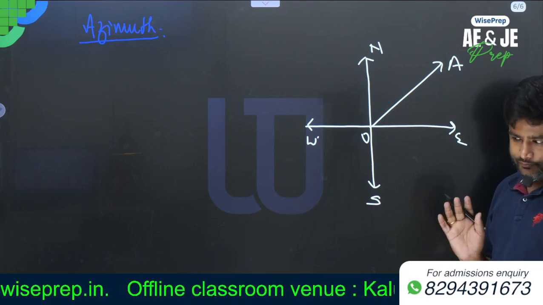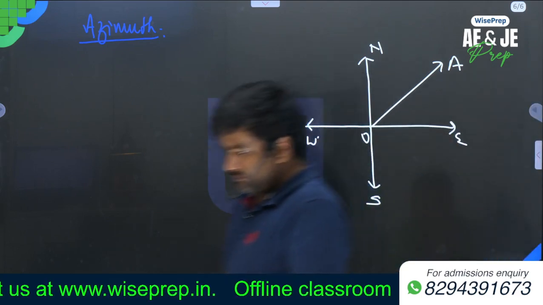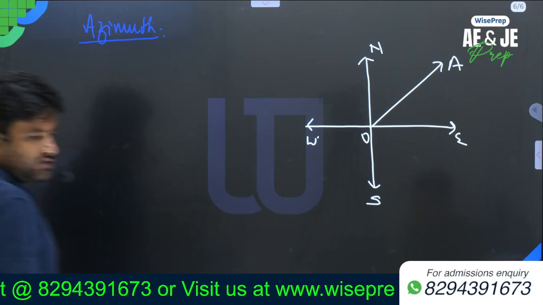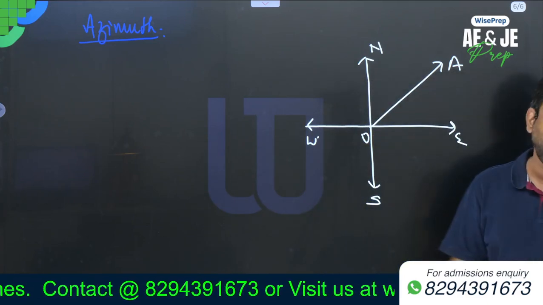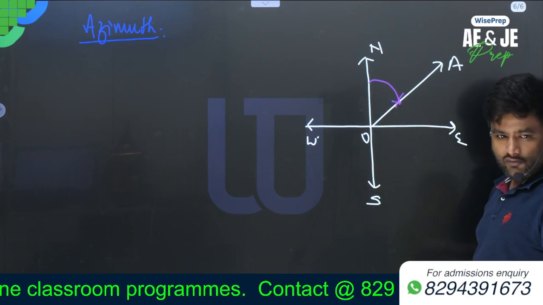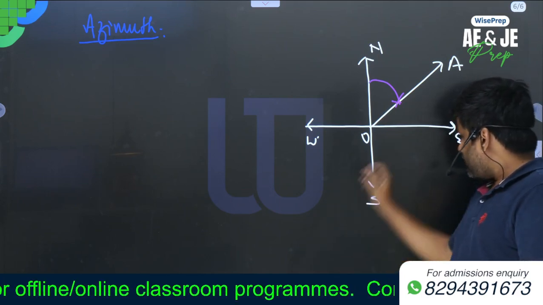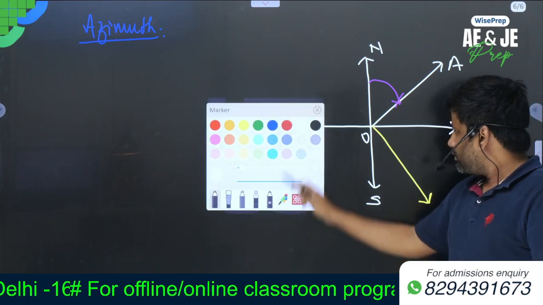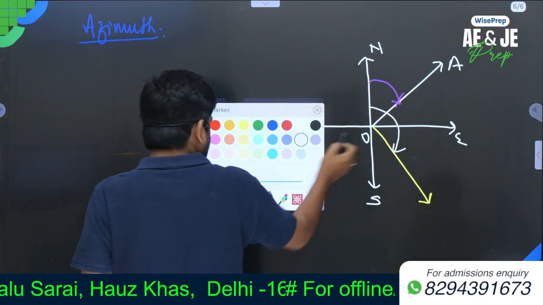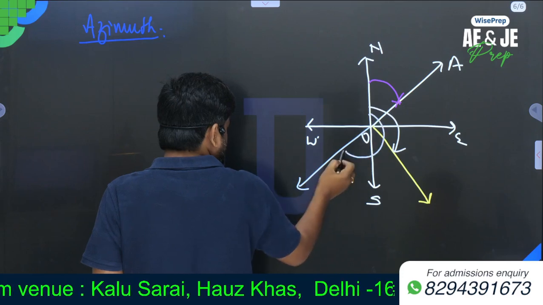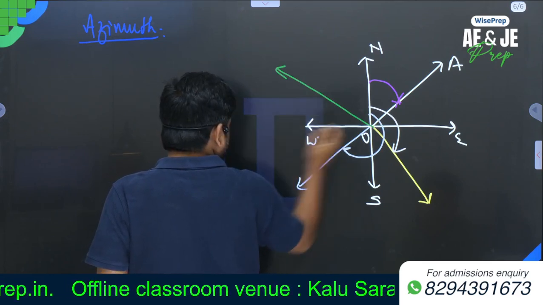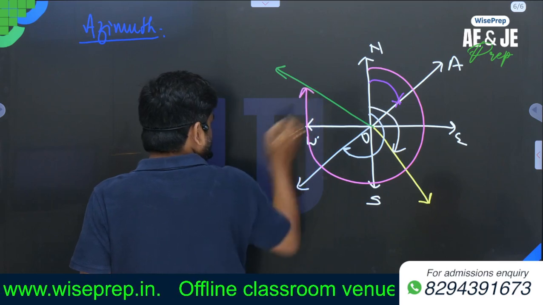Remember, I will let you write down. Whole circle bearing is the bearing which is always measured from the north in clockwise direction. That means this is north in clockwise direction. All right. If it is like this, it will be like this, north in clockwise direction. If it is like this, it will be like this.